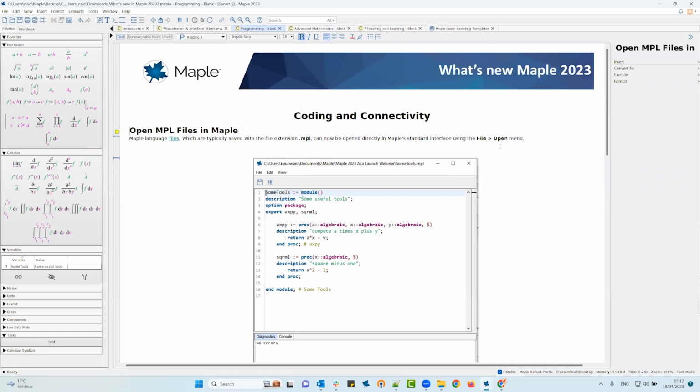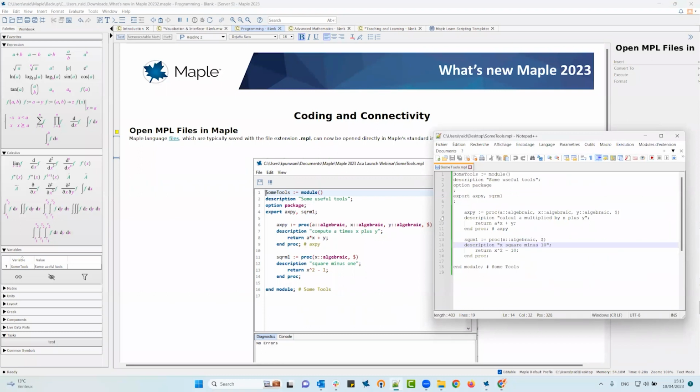What I mean by that is, and I cannot see your faces, but I can guess, a lot of you have your favorite software code editor to write your code, which sometimes is not Maple, so tends to be others. Personally, I really like Notepad++ to write my code and then import it into other tools. The good thing about Maple 2023 is we've allowed users to import .mpl files,